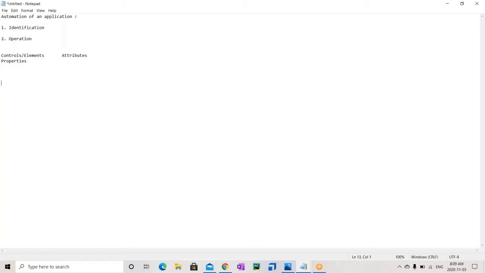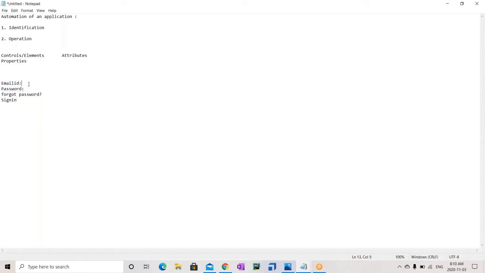If there is a login screen, what are the controls that I will have? Suppose I may have one column like email ID, where I will be entering my email ID address. Similarly, I may have another column saying password, where I will be entering our password. And there can be a hyperlink like forgot password, where we will be clicking on it and be taken to another page. And similarly, we may have a sign in button, basic controls that we will have in the login. If you see, this email ID is a text box, password is a text box, and this is a hyperlink, and this is a normal button.